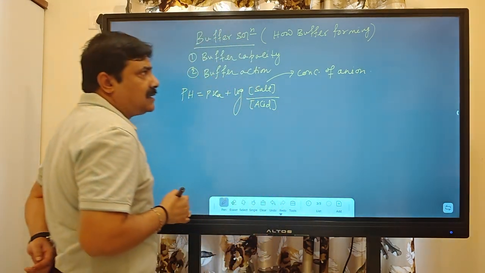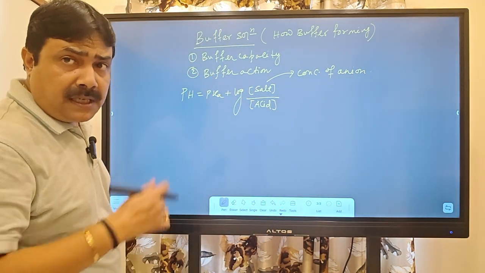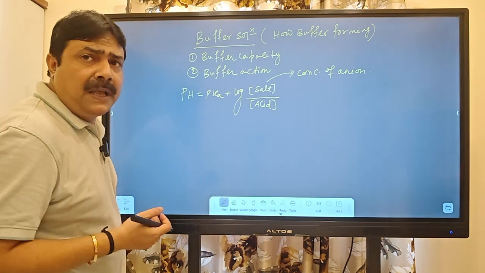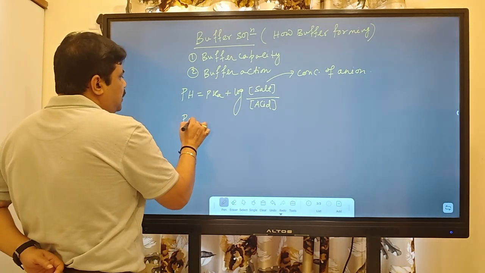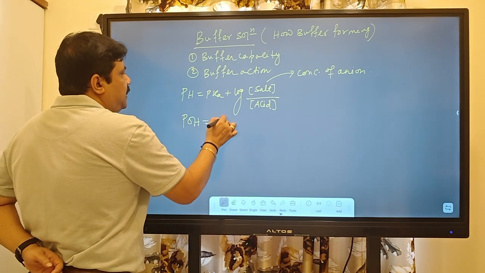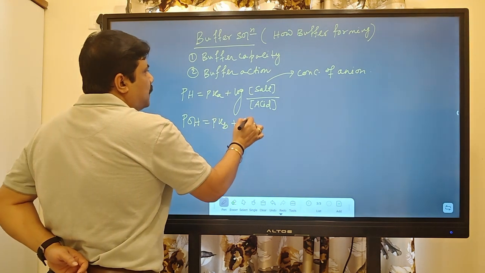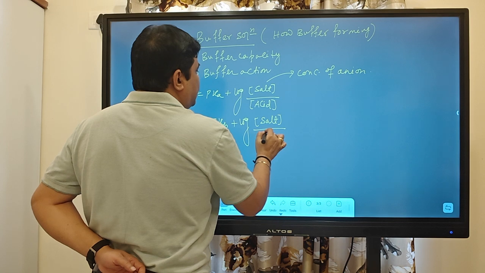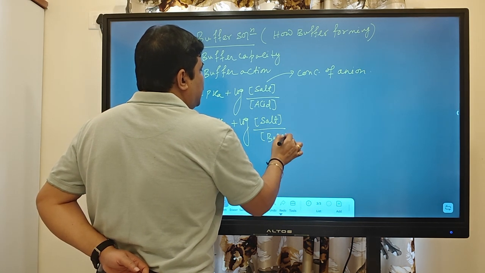Always remember, otherwise you can get a mistake on certain problems. So that's why concentration of salt means concentration of anion. Same way, pH will be equal to pKb plus log of concentration of salt by concentration of base. Here salt means concentration of